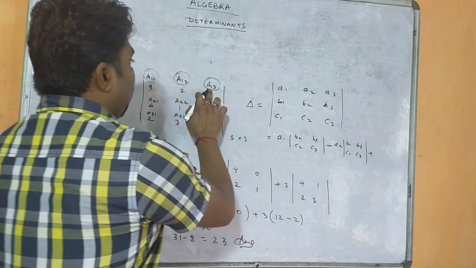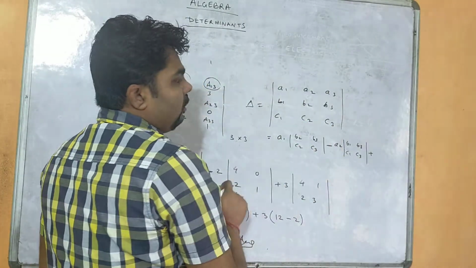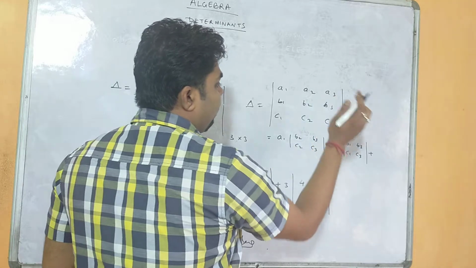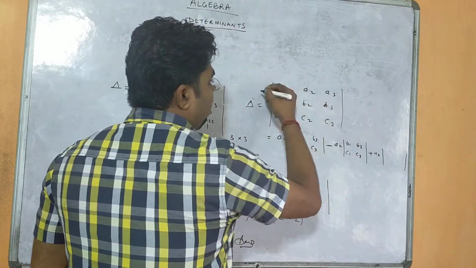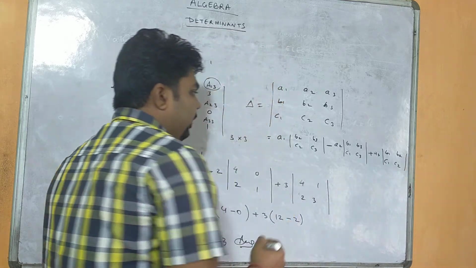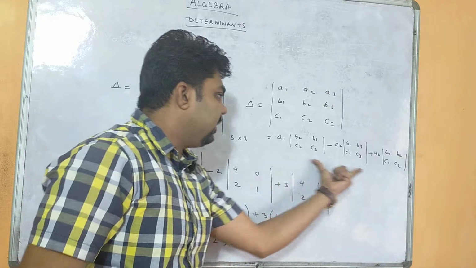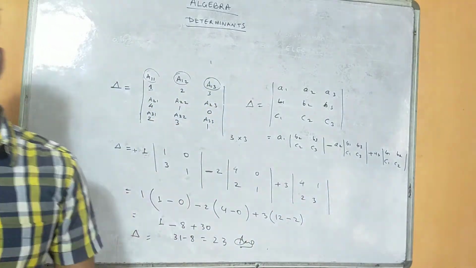Now what is this position? 1, 3. 1 plus 3 is 4. That means row number 1, column number 3. 1 plus 3 is 4. 4 is an even number. Therefore, we will write A3 and hide the corresponding row and column, leaving B1, B2, C1, C2. So likewise, now we will cross multiply and we will get the value of this. So that will be the required answer for this determinant.